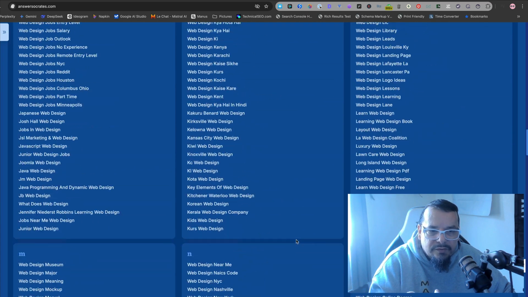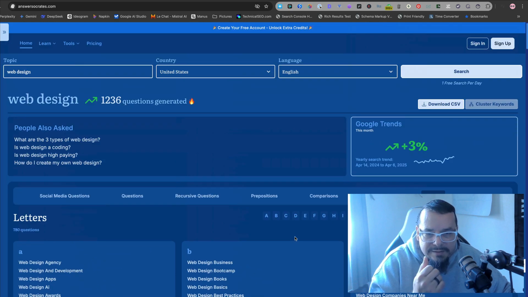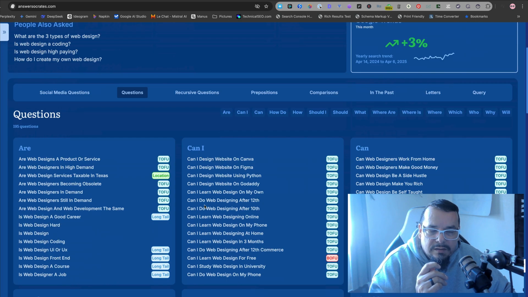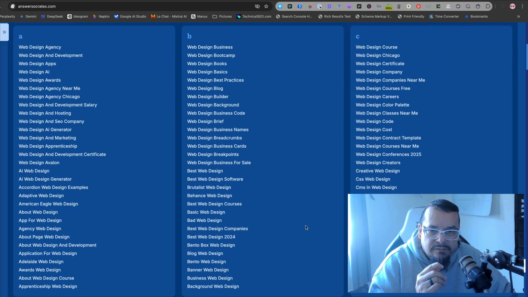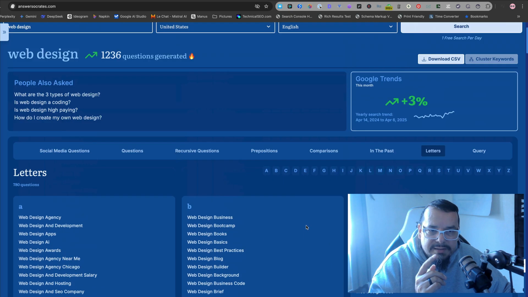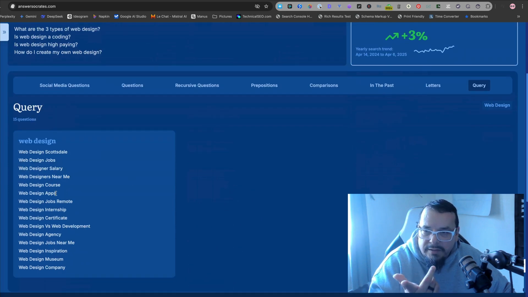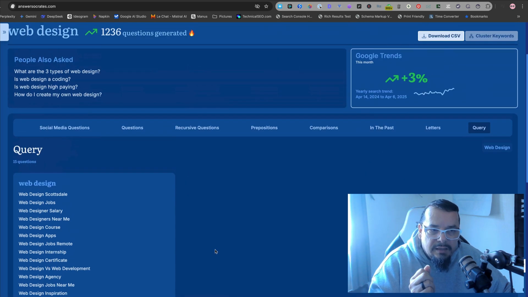So if you're looking for keyword lists and you're doing some link building, we'll say SEO Neo, for example, you can come in here and just pick a whole bunch of these things and go to town. I would probably stick over here for that, for your LSI keywords, etc. when you're link building. And then here's queries and different on point or closer to on point searches for that.